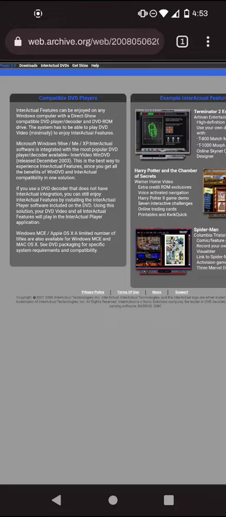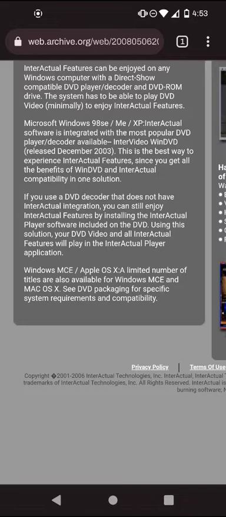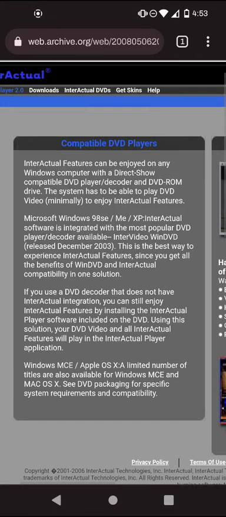And it also worked on Windows Media Center Edition as well. So this was compatible with Windows MCE, Apple OS X. And it says here, if you use a DVD encoder that does not have InterActual player integration, you can still enjoy InterActual features by installing the InterActual player software included on the DVD separately. Basically, you can install it separately, or